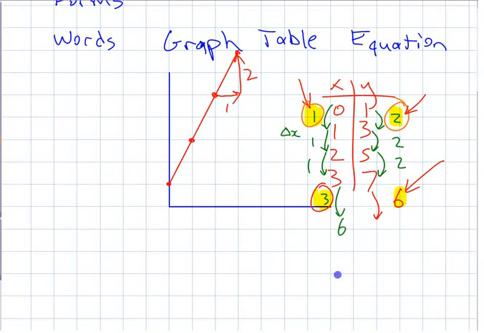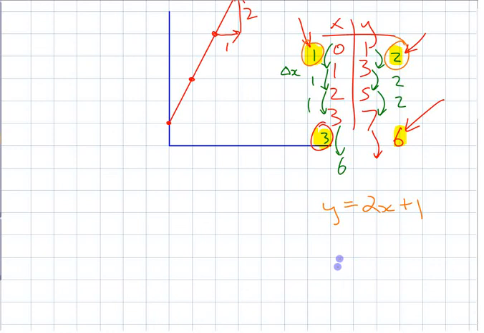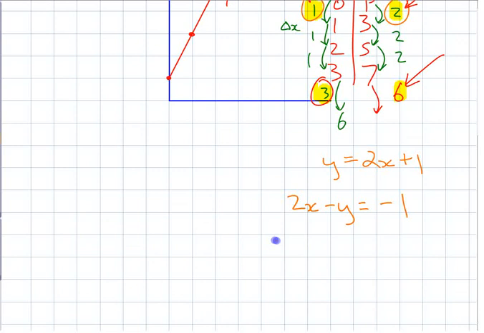This thing has an equation that's like this, 2x plus 1. So you're going to look at writing an equation and writing it in a bunch of different forms. You're going to look at writing it in that form. You're going to look at it in writing this form, 2x minus y equals negative 1. And you're going to look at writing it in other forms too, like